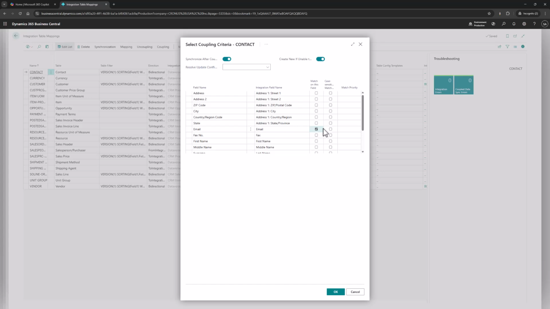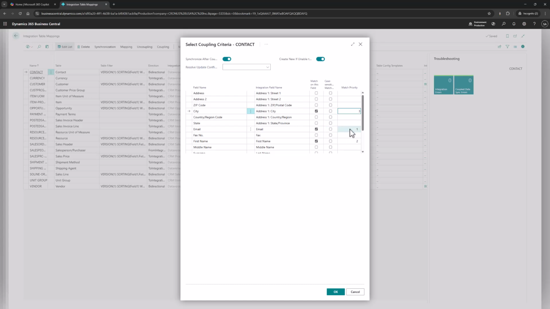So basically, which fields do you want to make a key field. I have selected email for this example, and you do not have to select only one. You can select, for example, a couple of them, like first name or city, and you can set up different priorities: email can be priority 1, first name priority 2, and city priority 3.